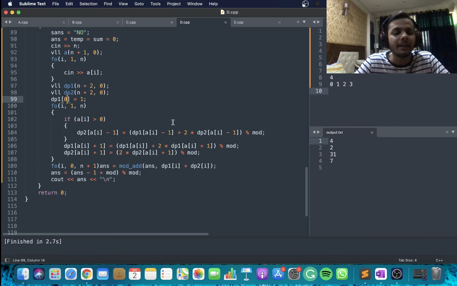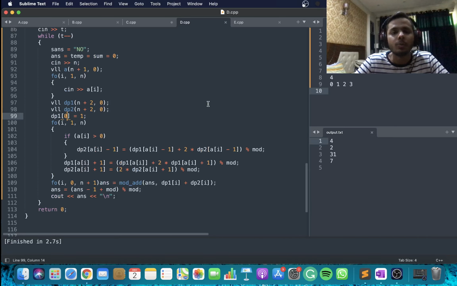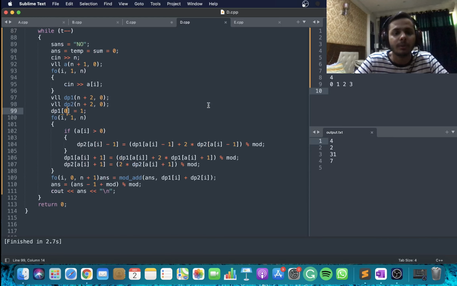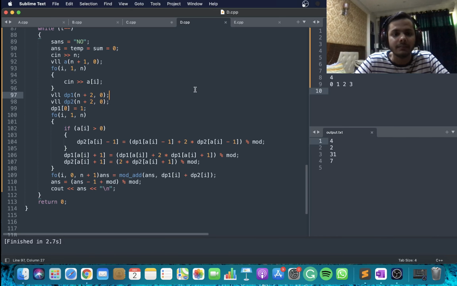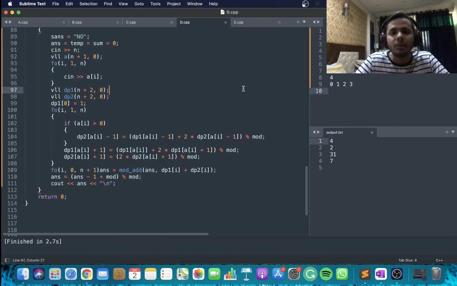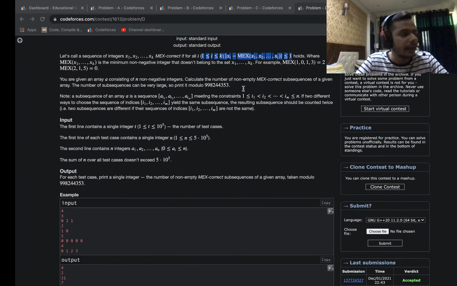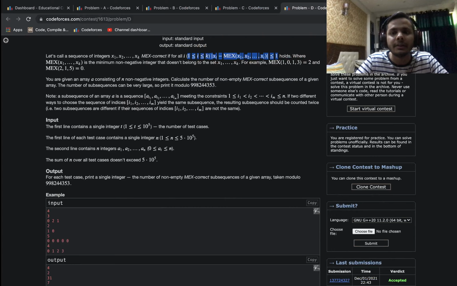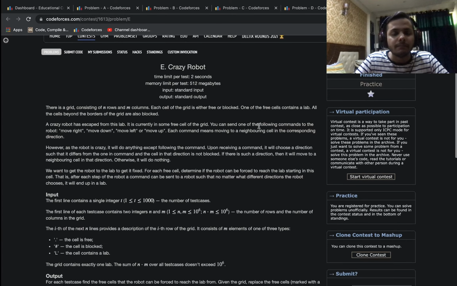And finally I have my answer ready with me, and I output it, and this completes the solution to problem D. I understand this is a very difficult problem, but I assure you that if you watch this video 2 or 3 times and you think carefully about what the DP states are representing, you will be able to actually get what I'm trying to tell here, right? So yeah, this completes the solution to problem D. Let's now move on to the next one, and the last problem which we'll be presenting today, problem E.